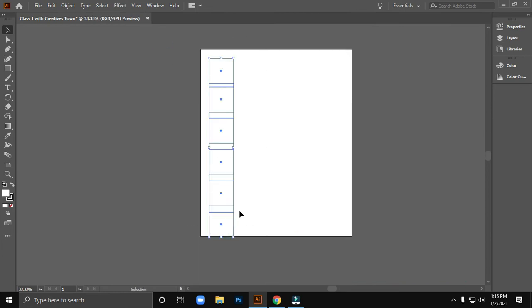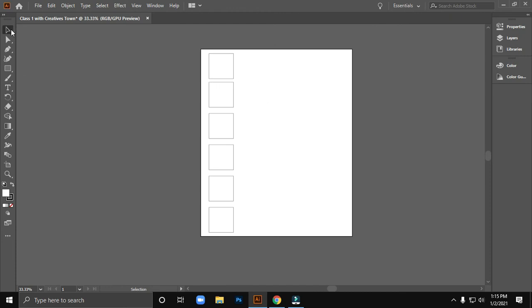So we have created these, and I'm making it a little bit lower. Now we want to move the whole thing at once. If we move it, then it will move just one shape, but we want to move the entire shape by one press.